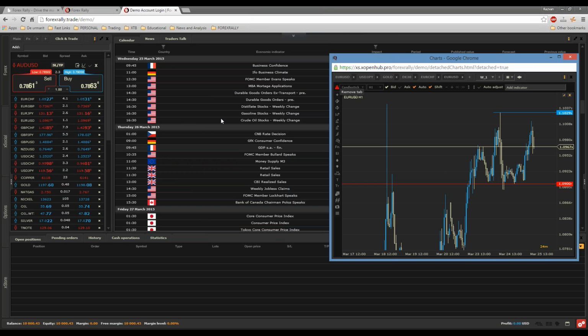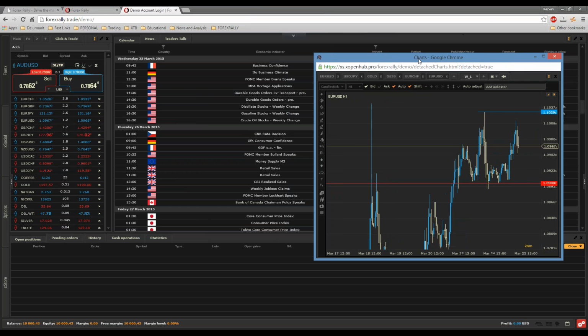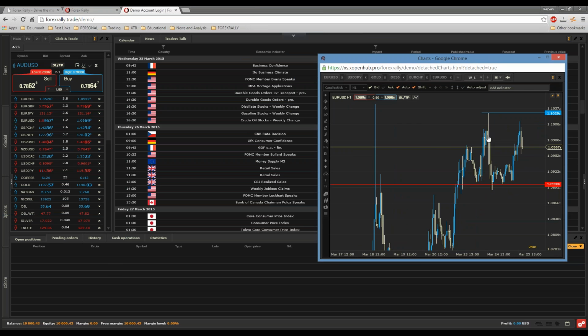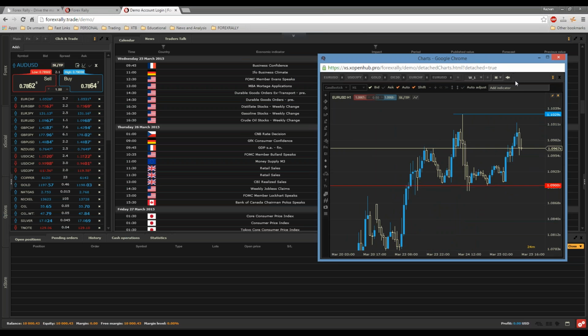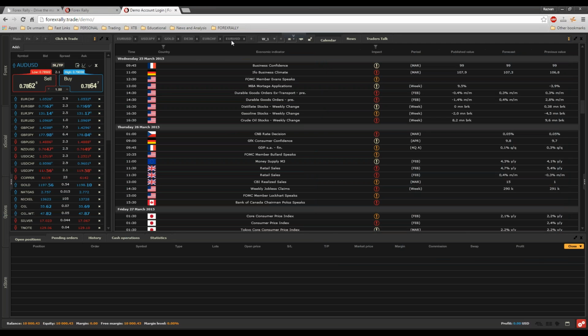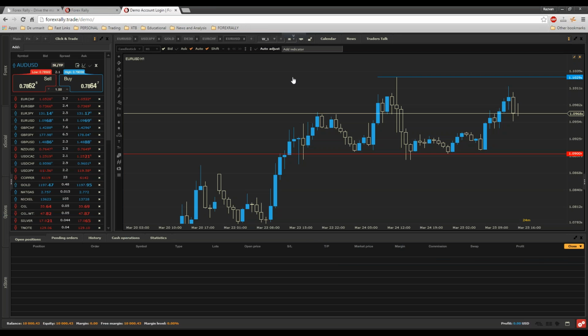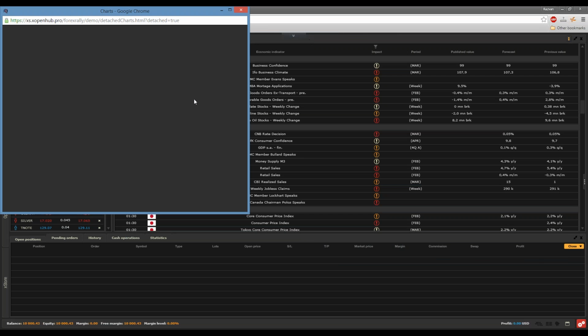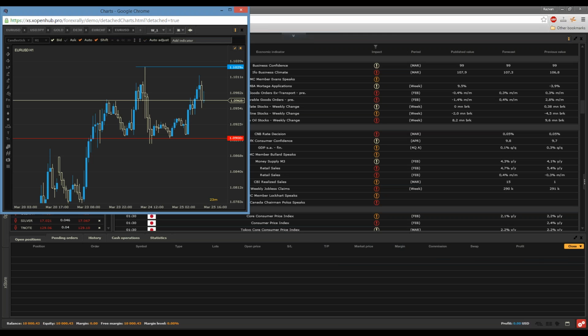You have the news here. You have economic indicators published live here. Now if you want to have a chart detached, you just click that button there. If you close it, it will go back like this. So if you want to detach it, you'll just click detach and you'll have it like this. This is awesome if you have two screens. If you're doing trading, if you want to be a professional trader, it's pretty nice to have two screens. I have four now, and it's awesome.